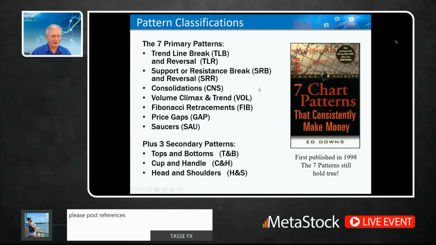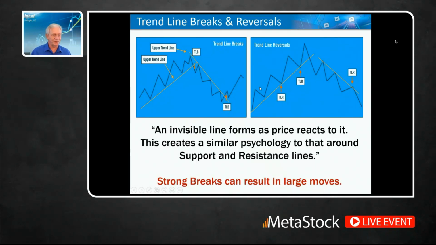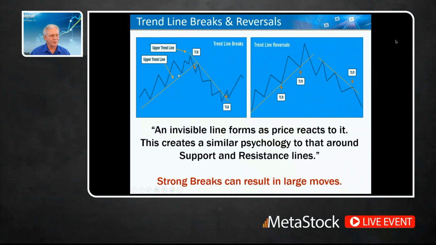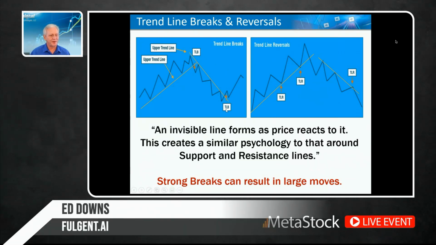Okay, so let's dive right in and look at the first one, which is trend line breaks and reversals. I have kind of a diagram of what these look like. We're going to look at charts in a second, but you have these lines formed under pivots. We call them pivots, turns in the market. So here's a lower trend line, an upper trend line, and what happens is one of two things occurs. Either price will break through the trend line, or it'll bounce off of it. So there are breaks and reversals. And when you see a really well-formed trend line in a market across quite a few lows, and it's broken with force, what happens? The market